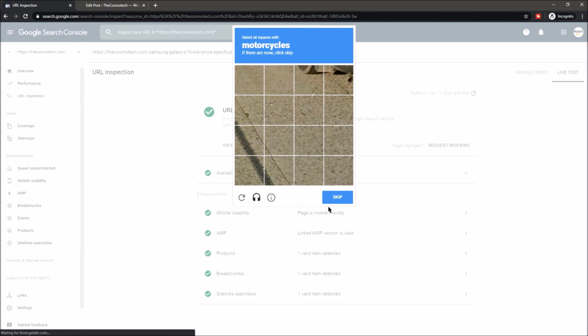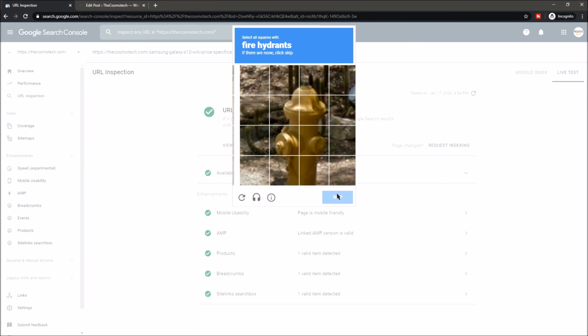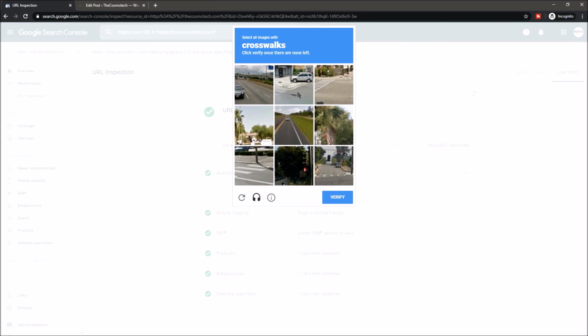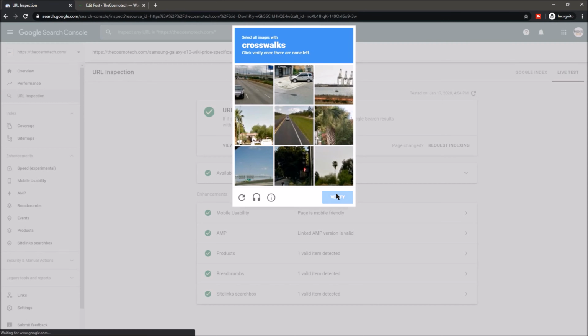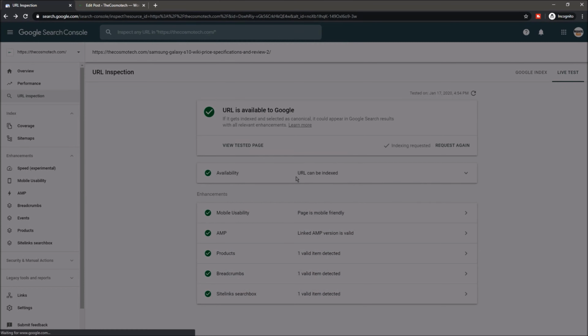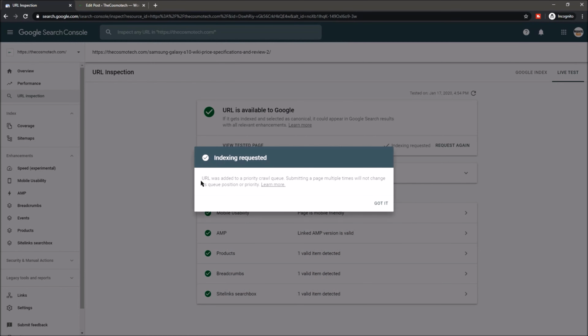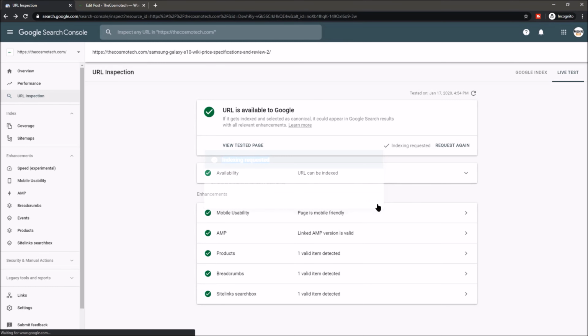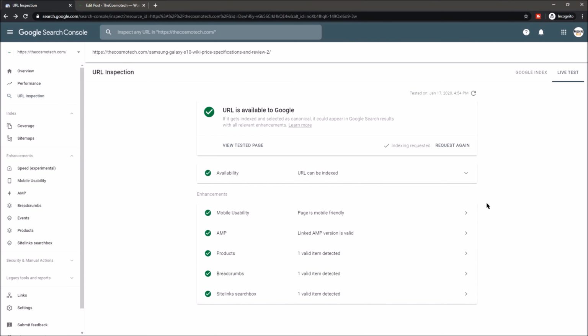and complete this captcha, or click on verify, and it should, yes, it is submitting the request and it says indexing requested. So click on got it, and I think you got it too. So fix all your